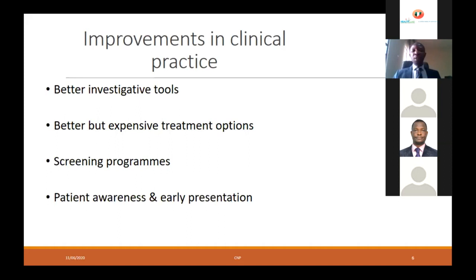How about patients' awareness and the fact that patients now present earlier? Of course, we know that our healthcare is moving at a slow pace, but we cannot exclude the fact that patients are much more aware now because of the internet, because of interaction with the rest of the world. Everything is moving at a faster pace now, so is the awareness of the patient as well. And so would also litigation coming. So therefore, we need the support of the pathologist, of the laboratory physician, to make precise, accurate diagnosis in order to be able to treat accurately as well.